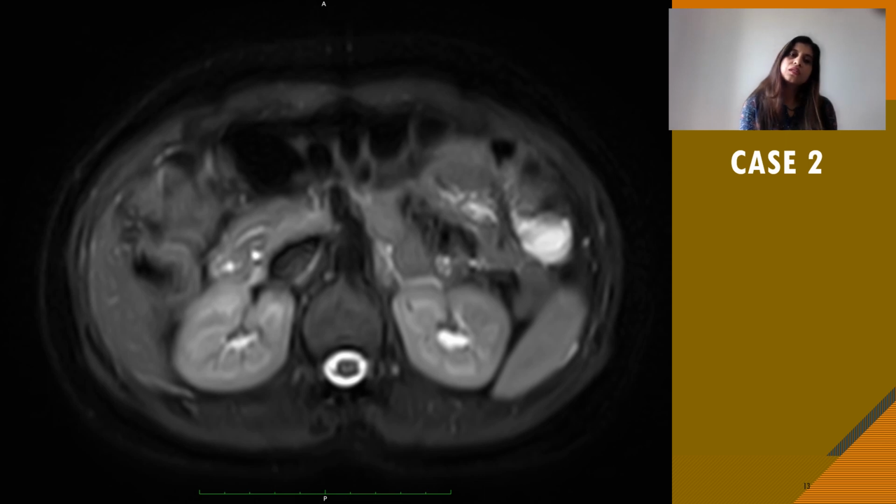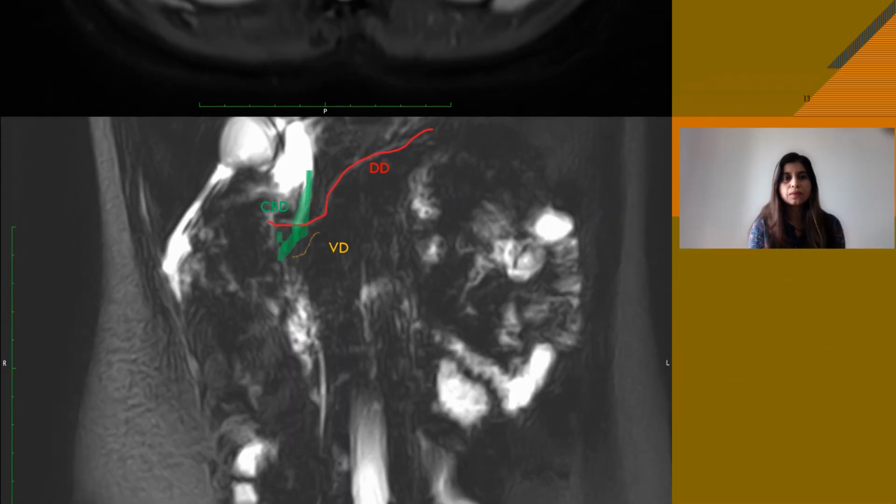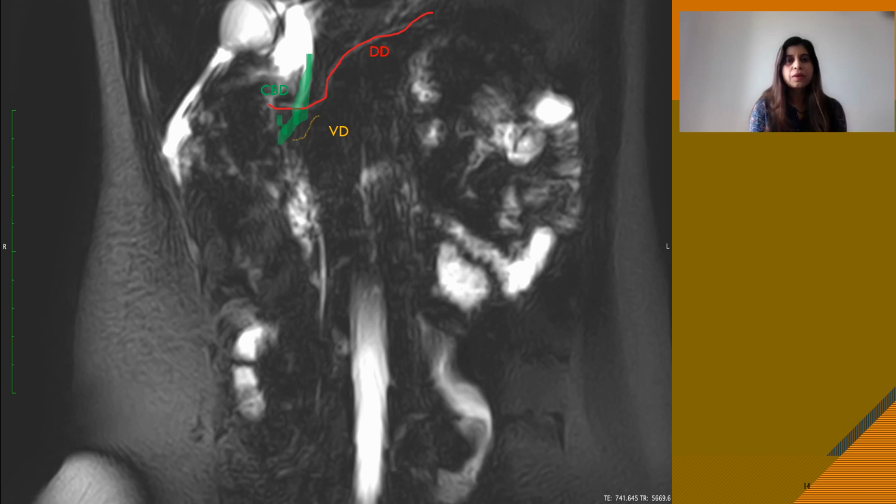Here we can see the dorsal duct is traversing anterior to the CBD. It's not joining the CBD, and it's opening cranial to the CBD. This is the MRCP image. Here we can see the dorsal pancreatic duct, which is coursing anterior to the CBD and not joining the CBD,